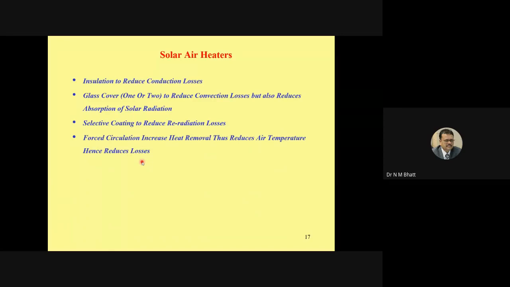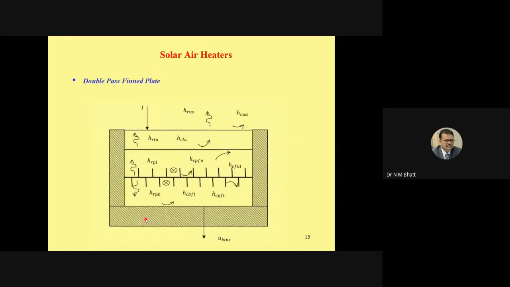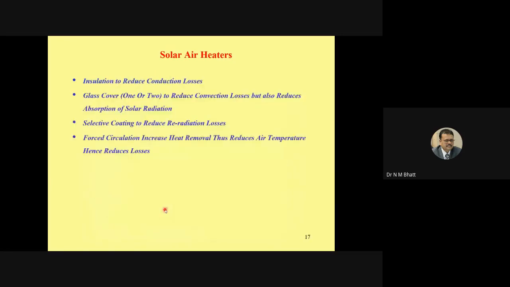Now let's understand with reference to the earlier slide and with reference to heat collection principle. You can see that in all collectors, we have an insulation. So this insulation reduces conduction losses. When you refer to any literature, you should understand from the construction as well as the performance parameter. So this insulation will reduce the conduction loss.